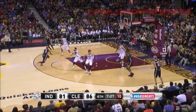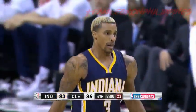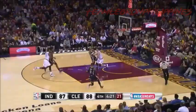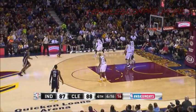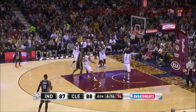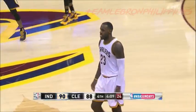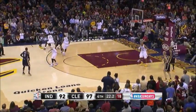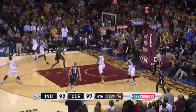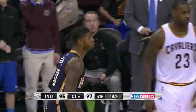Paul George, near steal by Mo Williams. George Hill sends it, hits it. Boy, they are playing good one-on-one, two-on-two basketball in space. Now they got shooters. 86-80. On the run, Monte Ellis gave it a crowd and sense. LeBron just getting up now. 5-on-4, Monte Ellis makes him pay for 3. I cannot believe, boy. Indiana cannot go 2 for 1. Long launch. It's good. So Paul George, some oohs and ahs and